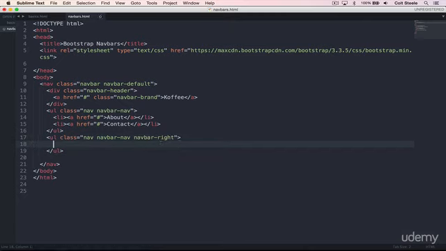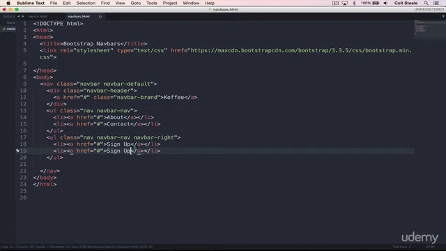So what this will do is make us a new group of content for the right side of that navbar, and now we just need to fill it. So we'll add two links, both in LIs. The first one will go nowhere, and it will say sign up, and then we'll have another one that just says login. Let's take a look, refresh the page, and you can see we have content on the right. However, it's right up against the edge,